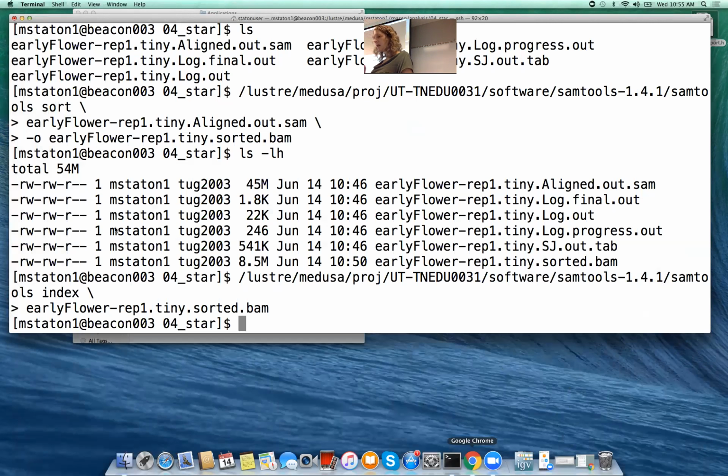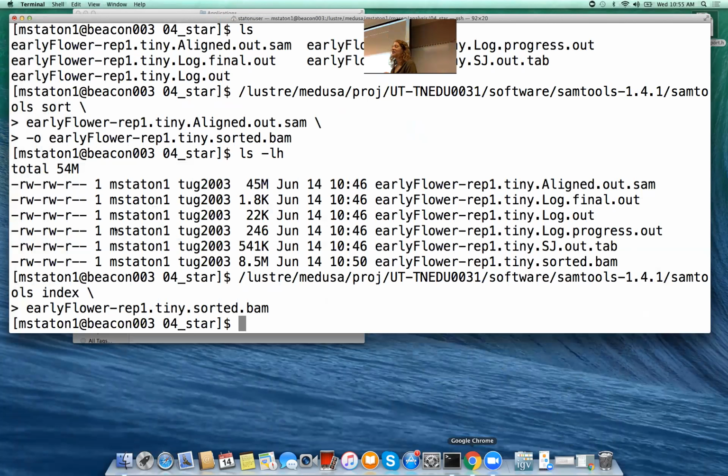So I'm not logged into Beacon on this terminal. This is just my terminal to my laptop. I'm going to cd to my desktop. I'm going to make a directory called IGB, just so it'll be super easy for me to delete it after the class is over, which I have already done. So if I cd to IGB,